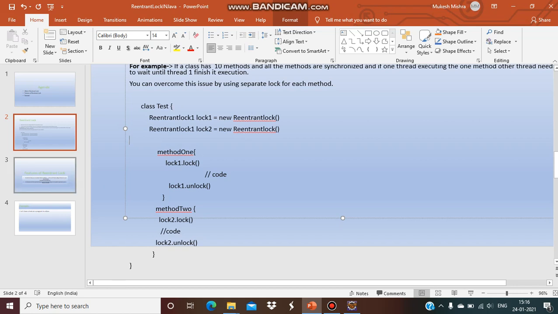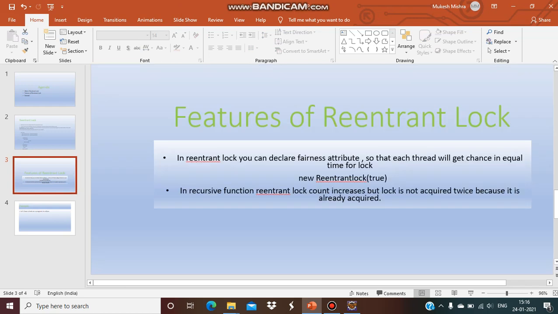So let's come to the features of ReentrantLock. In ReentrantLock you can declare a fairness attribute so that each thread will get a chance in equal time for the lock, like new ReentrantLock(true), if you pass the parameter.